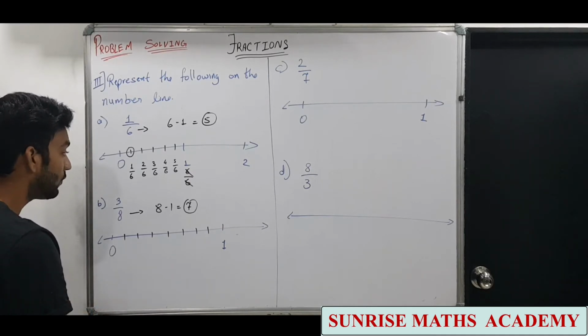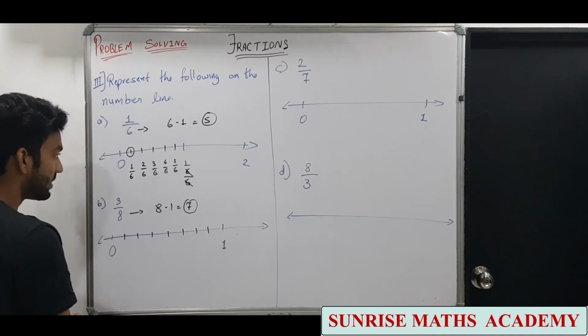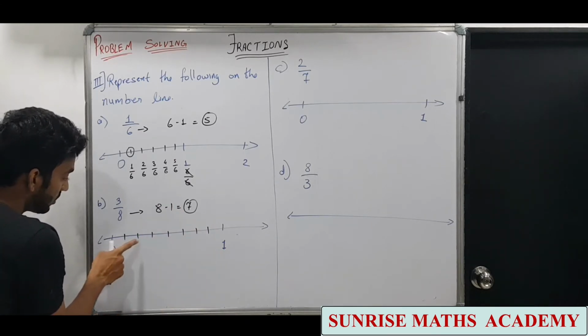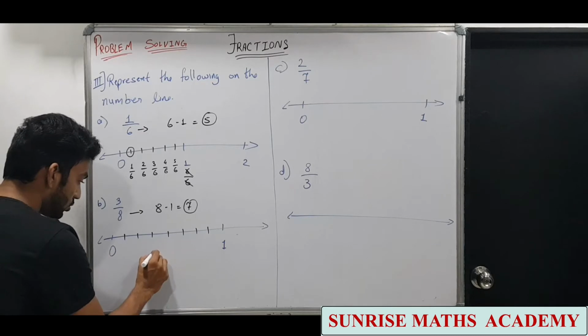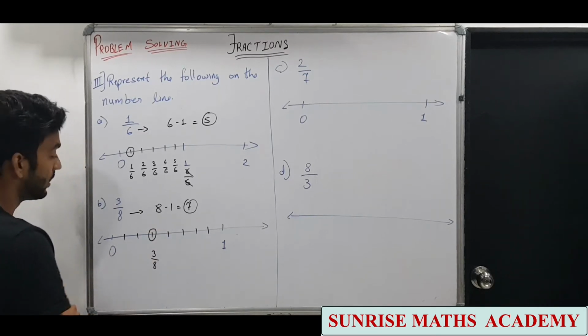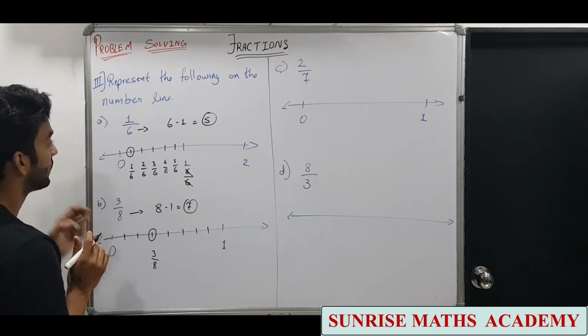Now we need 3 upon 8. As I said, you can only write the fraction which we need. So this is 1 upon 8, 2 upon 8, 3 upon 8. So this is 3 upon 8. And now when we are writing, when we are representing,